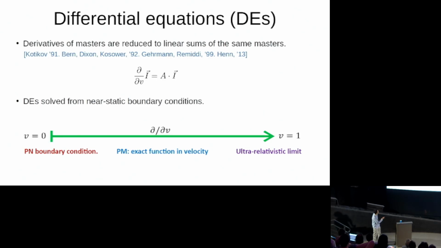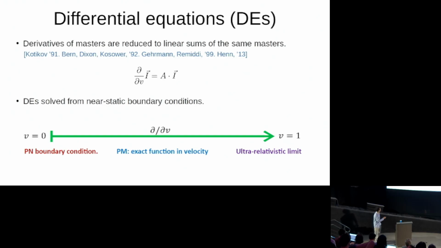Just a simple illustration. If you have differential equations for the master integrals, then through the IBP reduction procedure, the derivatives will be again, just like the rest of the possibly millions of integrals in your amplitude, these derivative integrals can be rewritten as linear combinations of master integrals. So that's what you obtain as differential equations for Feynman integrals according to these references.